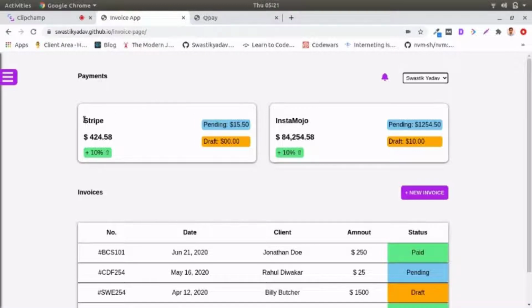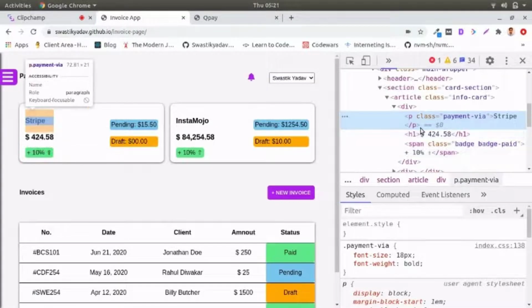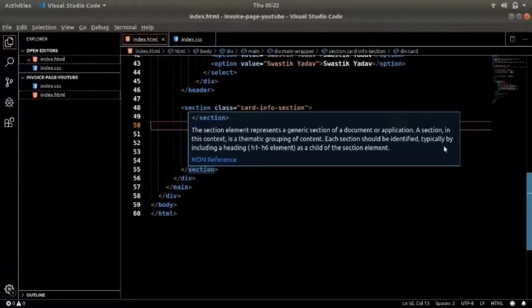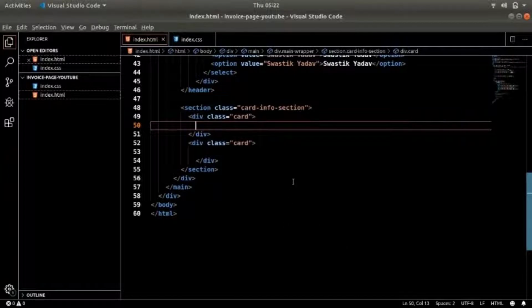So let's go with the first one. What we have here is, I think, an H1, no, not an H1, it's a P tag, and then this one is an H1, and then this is a span. So yeah, that will do it.